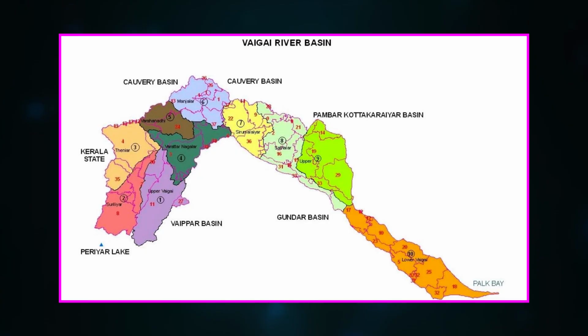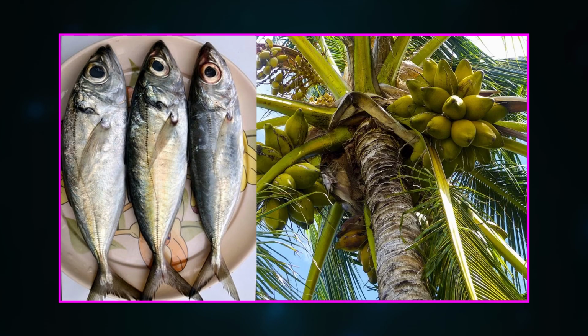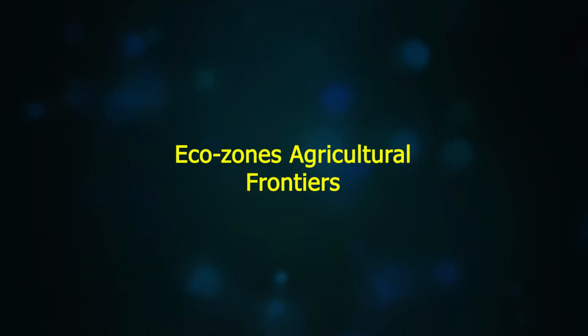Vaigai Basin in the 14th century imported money, coconuts, and fish. Cholas used grain surplus to establish exchange relations extending up to Malaysia. Ecozones, agricultural frontiers. Studies on settlement histories, while taking cognizance of agricultural specificities in terms of environmental factors and crop and irrigation factors, also highlight the phased opening of agrarian front lines at a regional or even a micro-regional level.